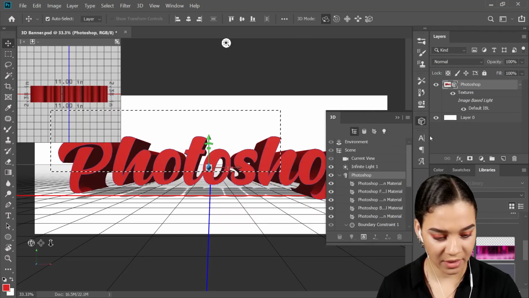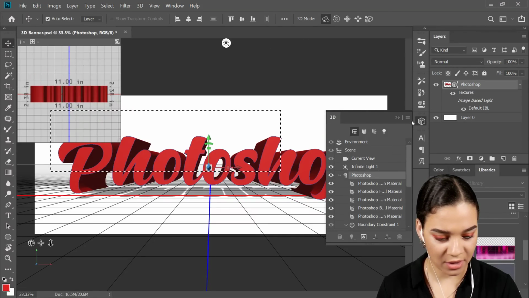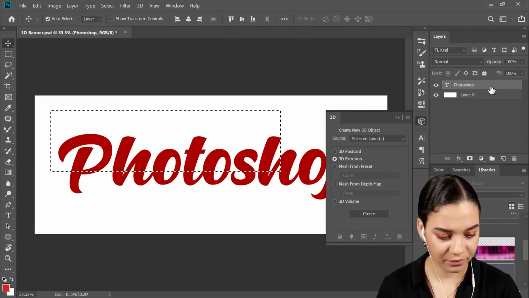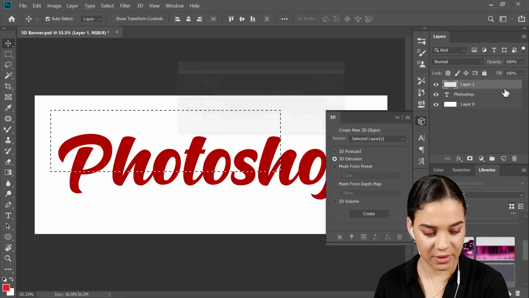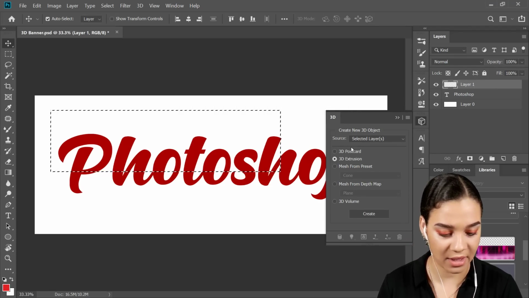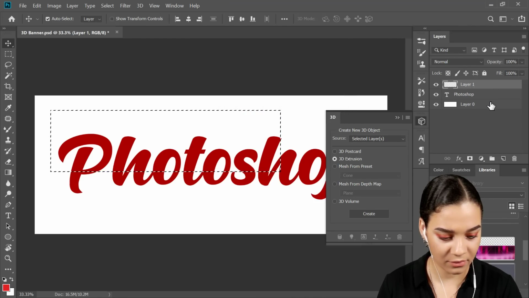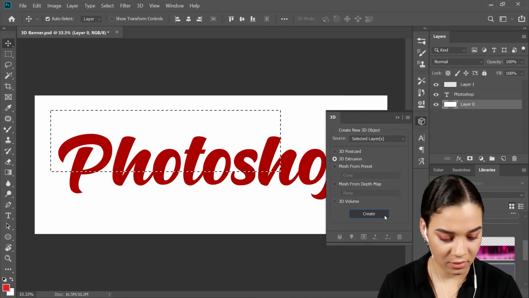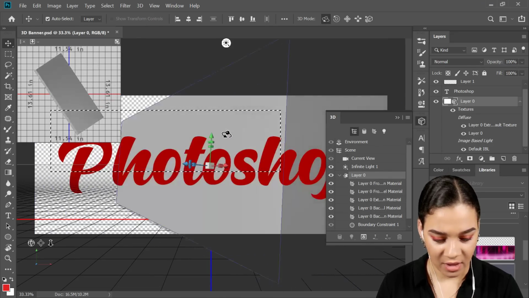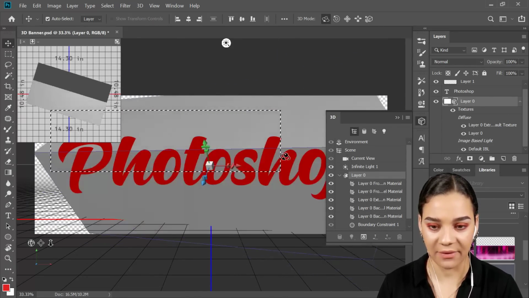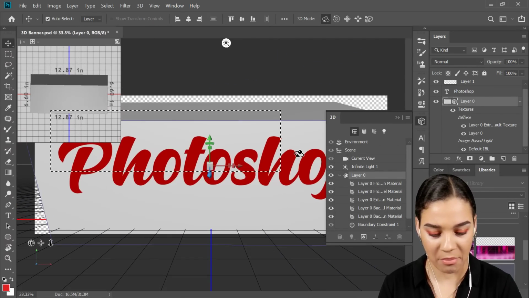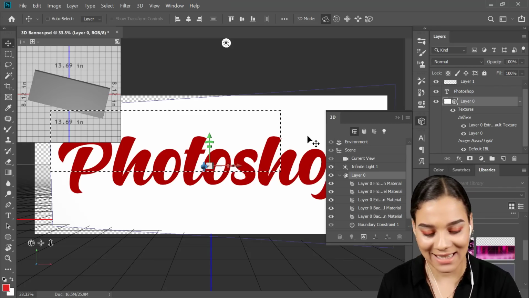Oops, hold on. Let me actually make a new layer before I do all of that. Control Shift N for a new layer, and then I have my selection. And then if we hit create there, boom, there we go. So I've made kind of a square shape from my selection,